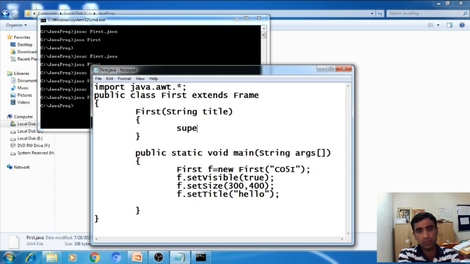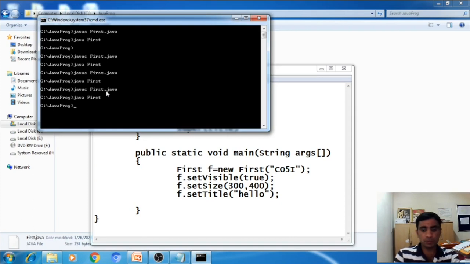In core Java we have used the super keyword, and the parameter is title. This is the title that we are going to pass to the Frame class constructor. Okay, so let us execute this program, save it, then